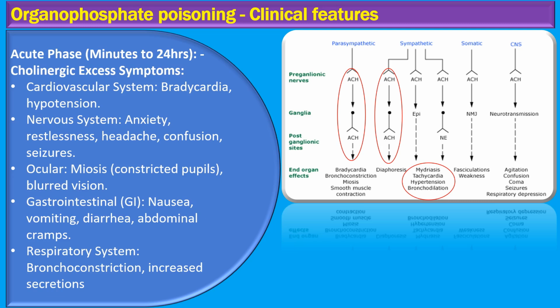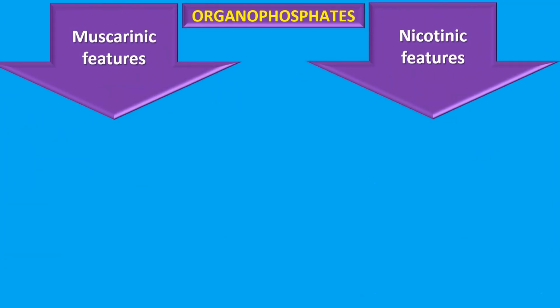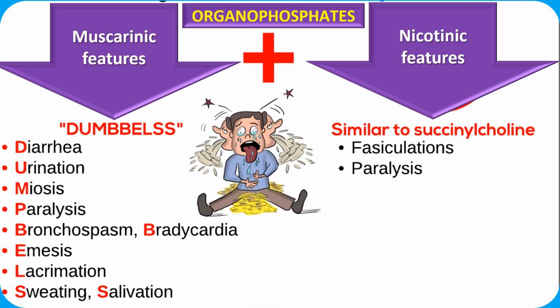However, in some instances, the symptoms may present differently, with mydriasis and tachycardia. This occurs because the sympathetic ganglia, which are part of the nervous system that typically responds to stress, also contain nicotinic receptors. For the exam purpose, it's crucial to have strategies in place to recall the plethora of signs and symptoms that may be presented.